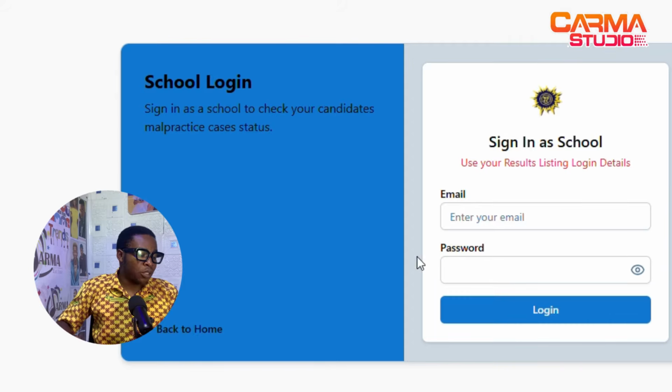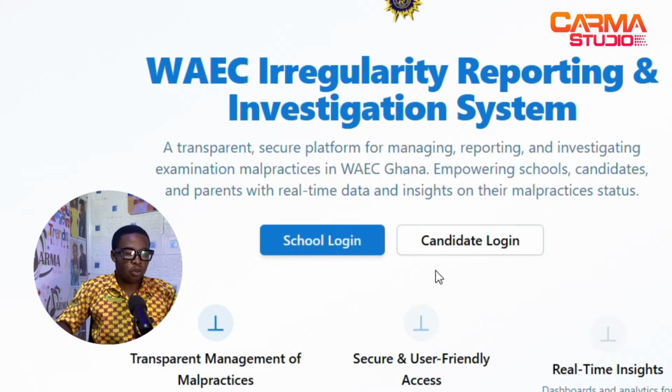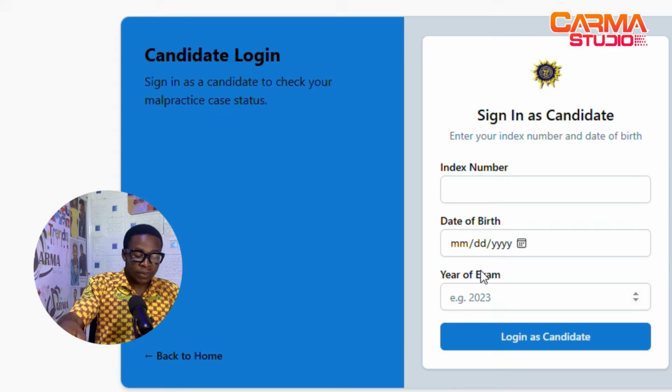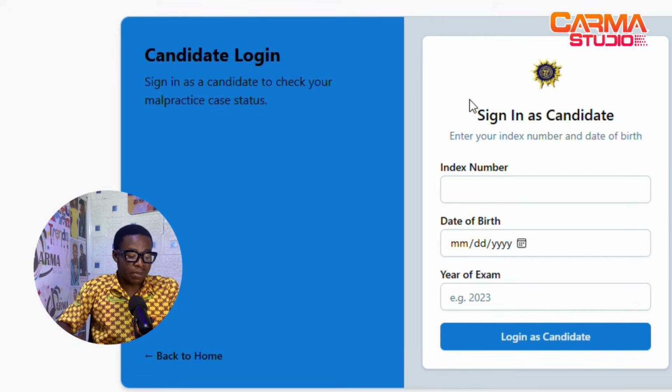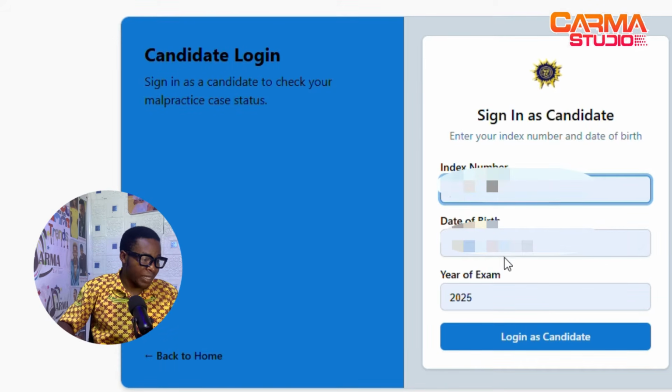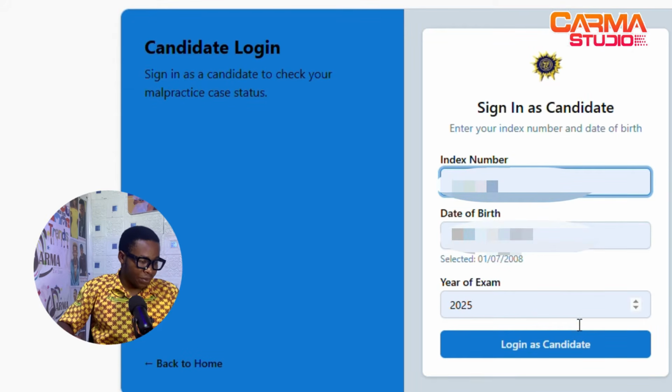And if you are a student or a candidate and you want to check on your own, not on behalf of anyone, you just have to click on the candidate login, and it gives you this interface requesting you to input your index number, date of birth, and year of exams. So I have my younger brother's index number. Let's see my younger brother's details over here. I've already inserted them, so let me just fill in. So these are the login details. When I click login as a candidate,